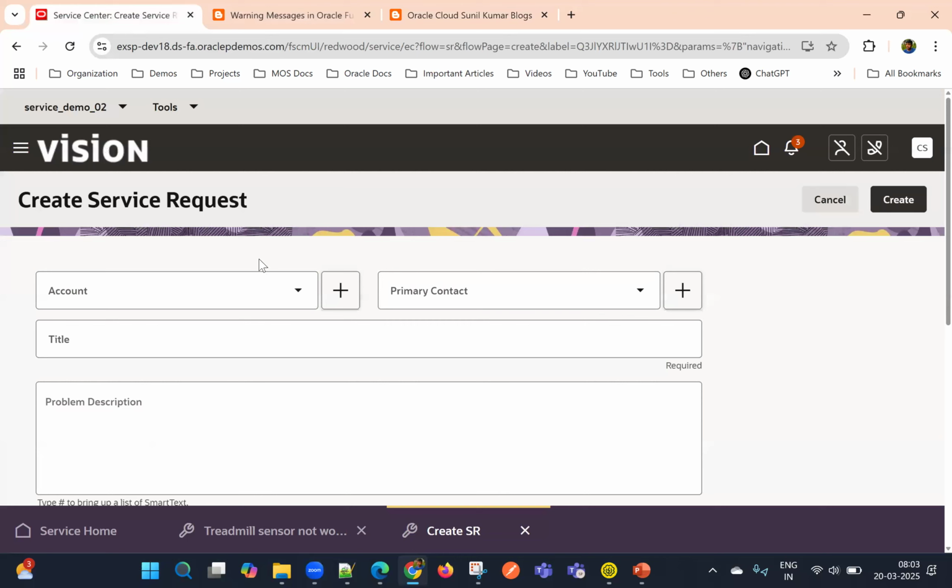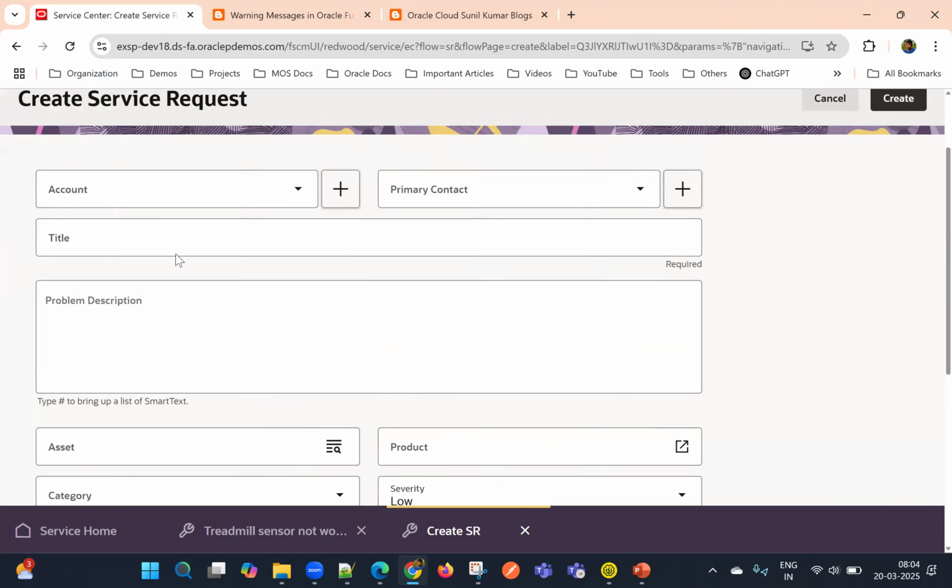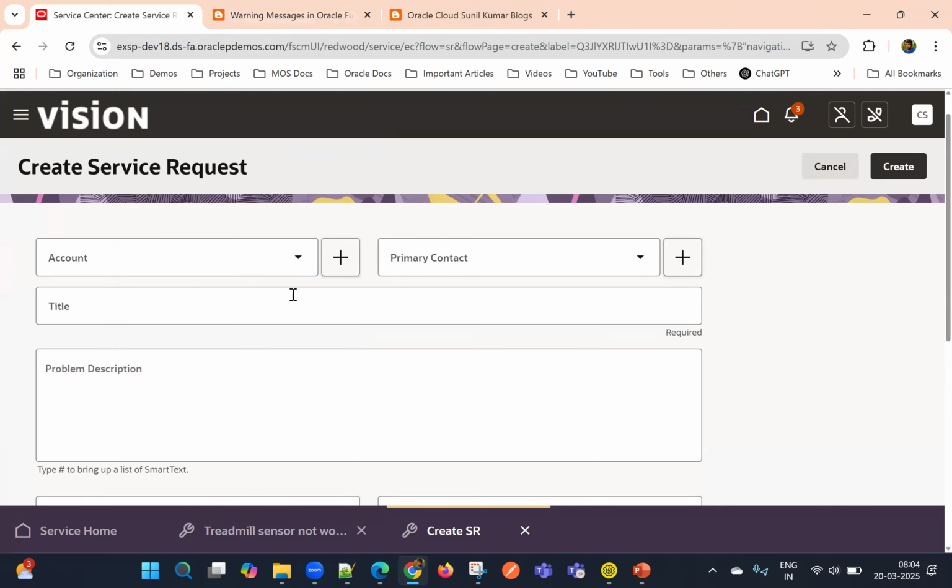While creating a service request, we need to select account as a required field. So one way is to make it required at field level. The second way, if we want to show a message to the user for what reason this account is required, you can use validation rules or throw an error message. Okay, so we will see one use case for that,